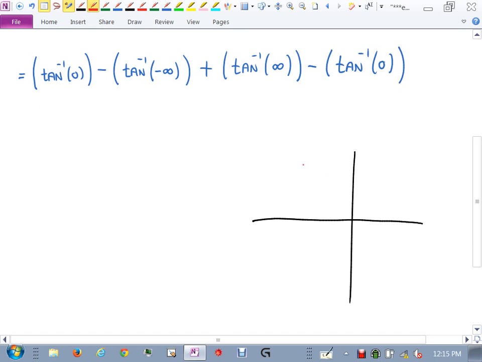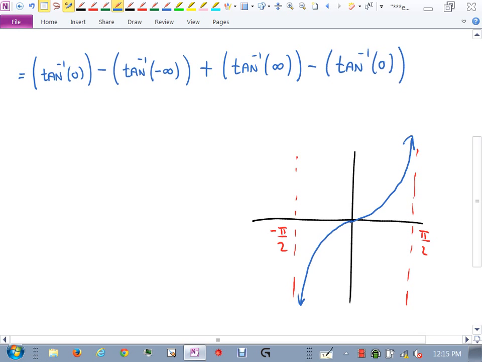What does tangent look like? Well, here's pi over 2, right? Here's negative pi over 2. And the tangent function is asymptotic there. Remember that? You have these different periods of tangent. There's tangent, then another one over there. So the question is,